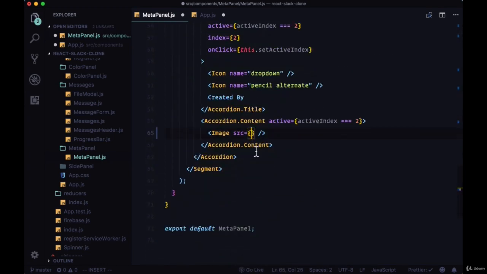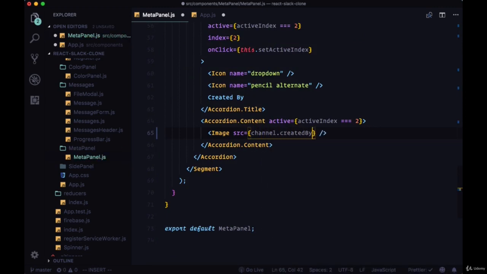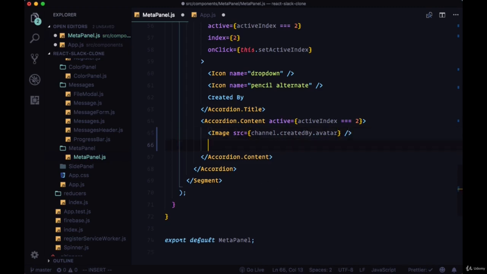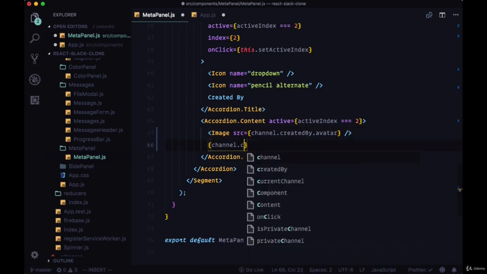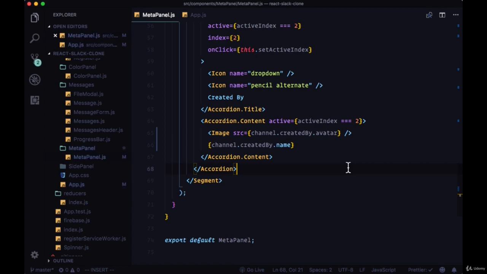And we're going to set the source of that to channel.createdby.avatar to get the user's avatar who created the channel. And then underneath that we'll add the name with channel.createdby.name. We'll save both of those files,